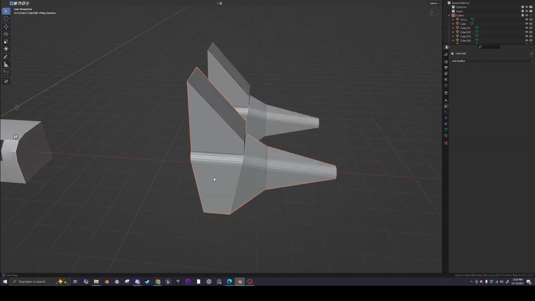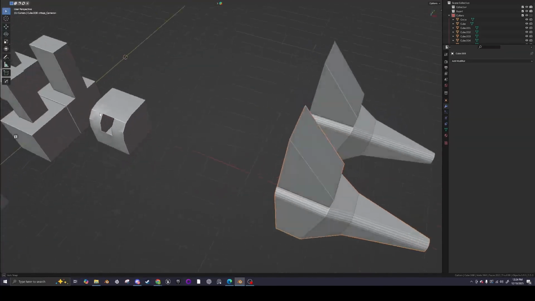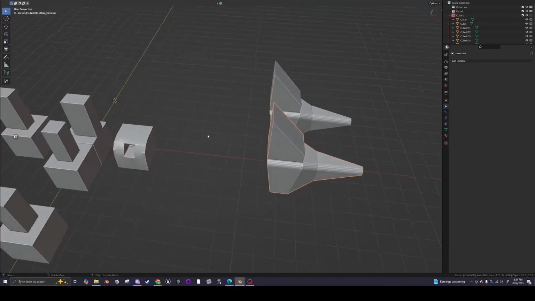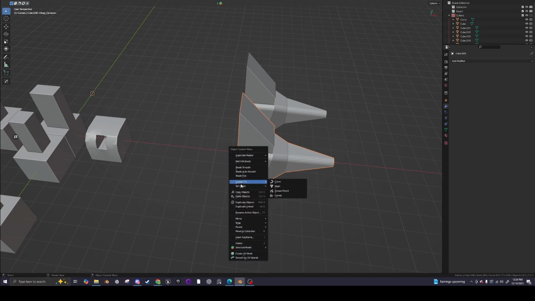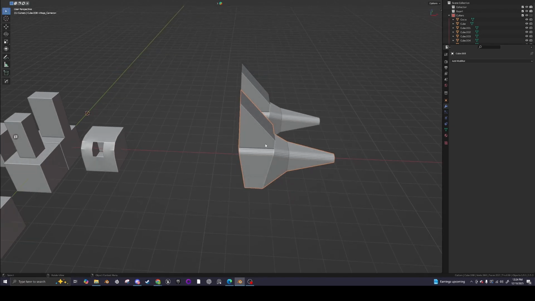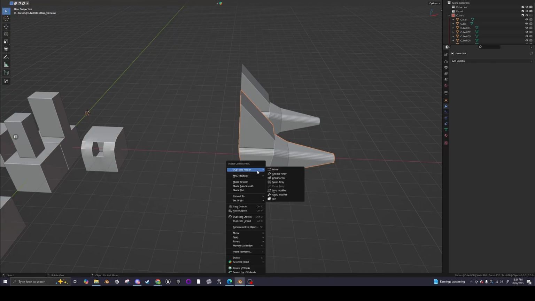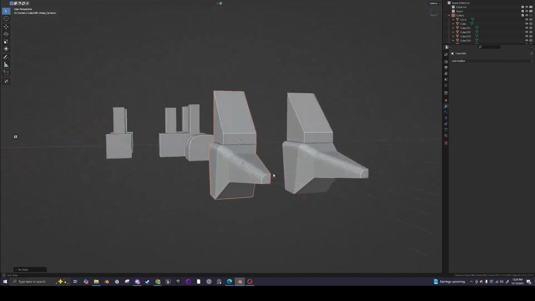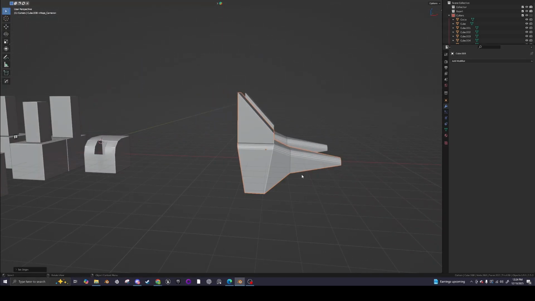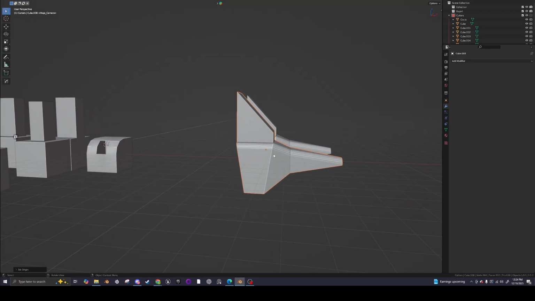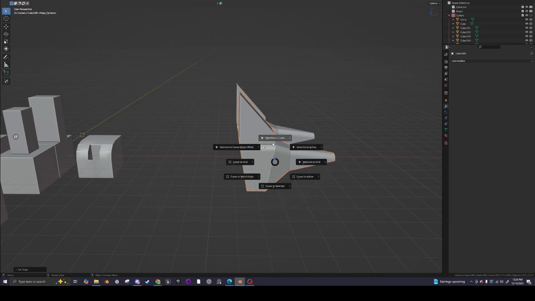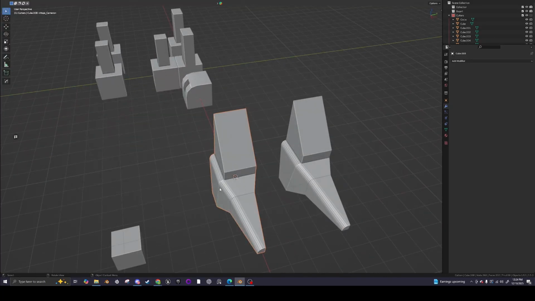So, you see why it came up, how it came over here? This orange dot is why it went there, because it's saying the center of the object is there. So, we have to right-click an object in object mode, set origin, and we want origin to geometry. You can also use center mass, surface, volume, but I usually just use geometry, right? If you do center mass, it'll move it here, so it's more like distributed evenly. But those are the three I use, and then we push Shift S, cursor to selected, and now this is